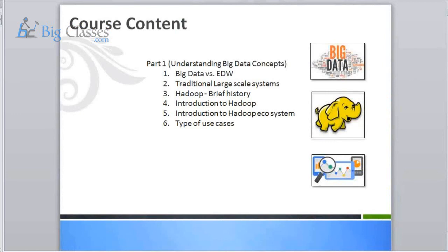Initially there will be some intro sessions for you about big data and comparing it with enterprise data warehousing: how traditional systems are positioned now, and what big data is all about. This intro part will be covered in the first 2 classes, and why big data is becoming more and more popular, an inevitable choice for enterprises. Everyone is either trying or getting into big data to join the new bandwagon of competition, right? Those things we'll discuss.